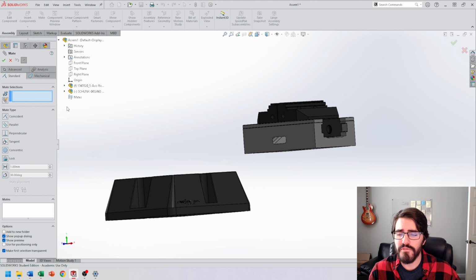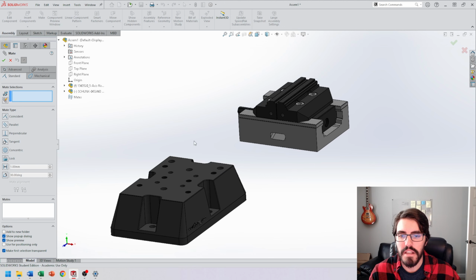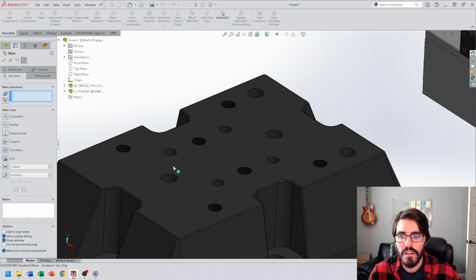But first and foremost, we talked about degrees of freedom in previous lectures, where you have to have at least 3 to lock down a part. And in the same theory or function, we have to have 3 mates to make sure that that part is fixed. So I'm going to select inside of this blue mate selection box, and I'm going to choose the face